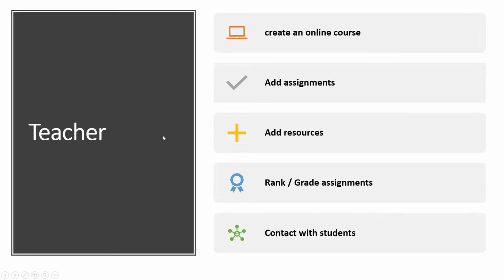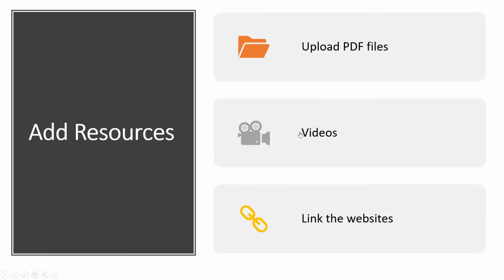Then teacher can add resources to the course. The resources may be PDF files, pictures or uploaded videos or YouTube videos or other website links.